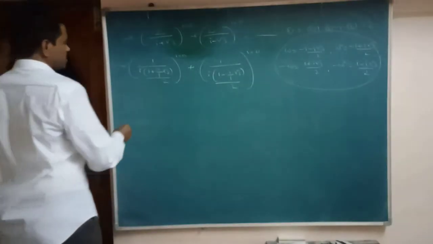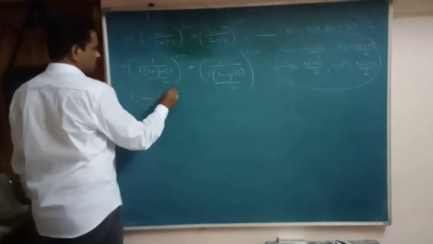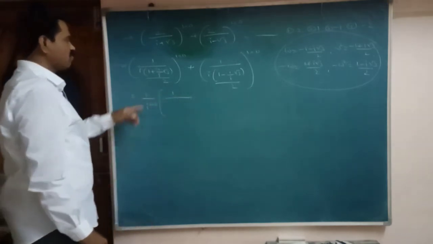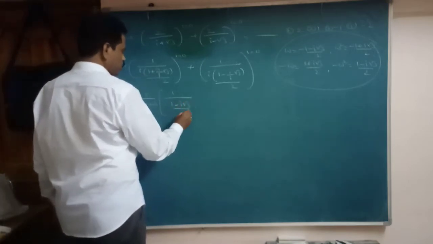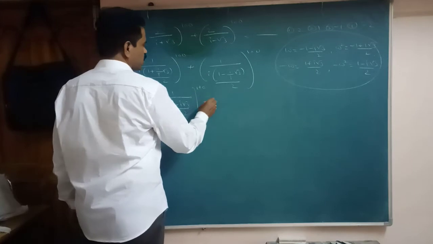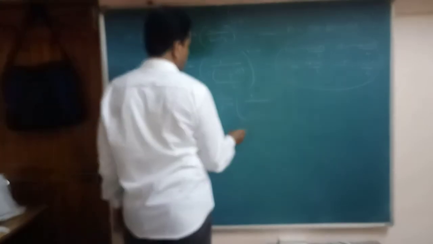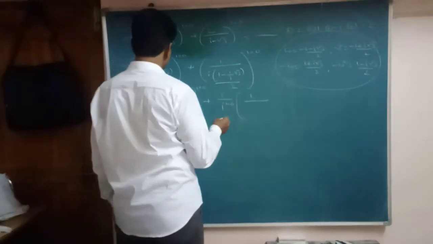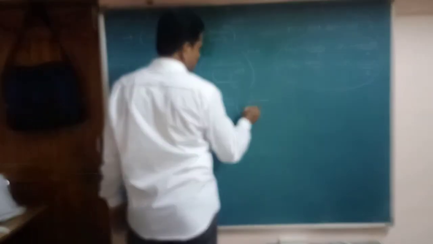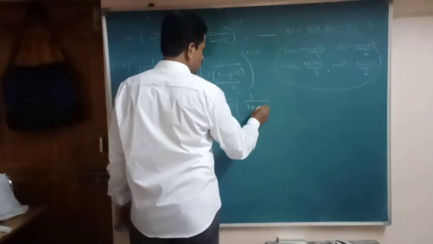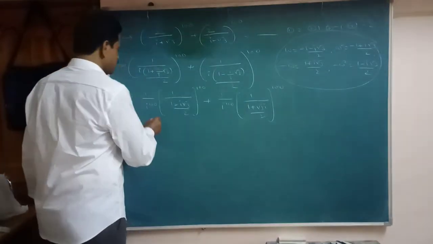Whole power 100, that is equal to 1 by i power 100 into 1 by, so 1 by i is what here? Minus i. 1 minus i root 3 by 2 whole power 100. It is also 1 by i power 100, 1 by, it is 1 minus, here minus 1 by i is here plus i. That is 1 plus root 3 i by 2 whole power 100. i power 100, it is how much here?